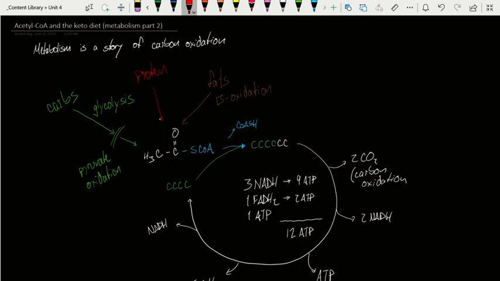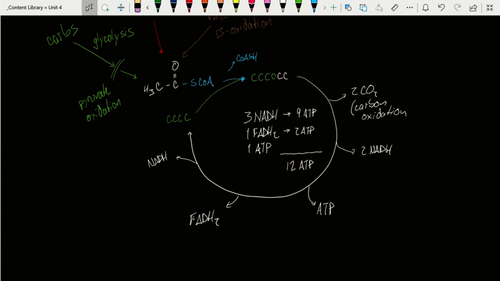I don't want to talk too much about the diet itself, but rather what it's named for. And that is the state of ketosis that the body enters when you're not eating carbs. And I'd like to talk just a little bit about ketosis and why it's worth mentioning. Ketosis has everything to do with this molecule, this acetyl-CoA. And for reasons that I'm not going to go into in depth here,